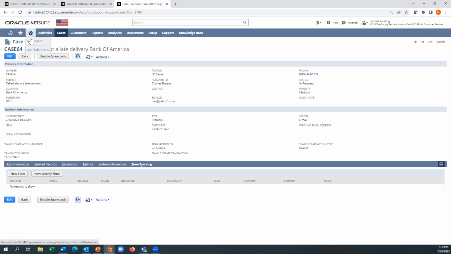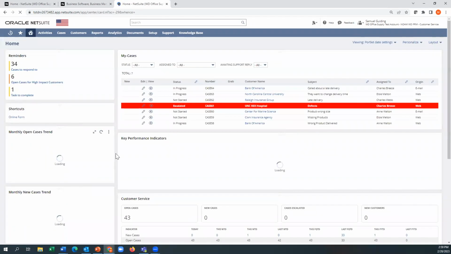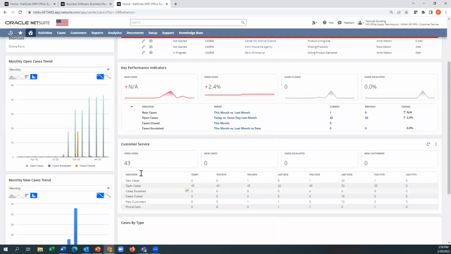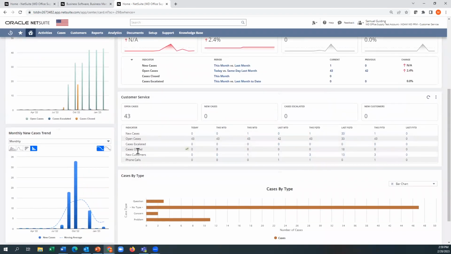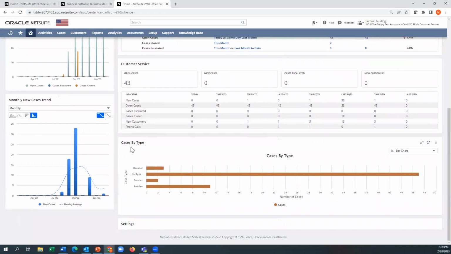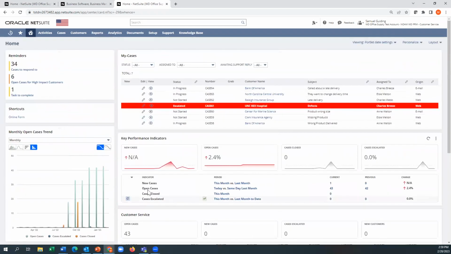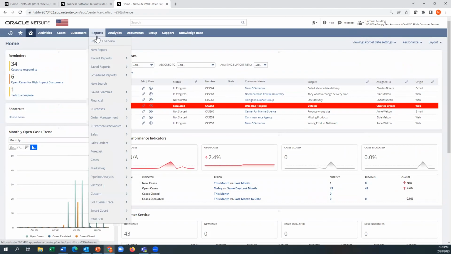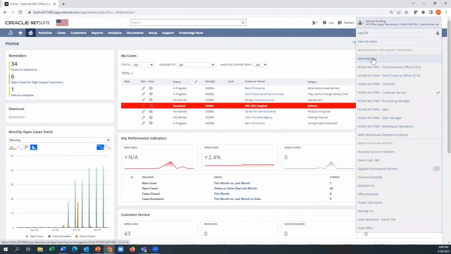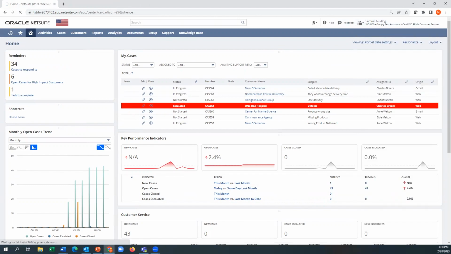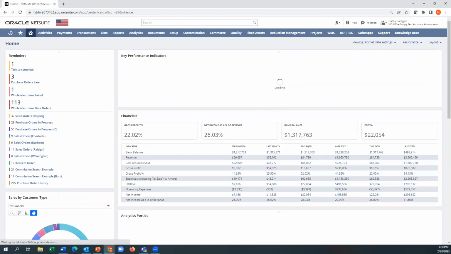And then, as before, we have key performance indicators, you know, case related. We have a scorecard, right? Open cases, cases closed. We have analytics, right? Where we're checking by reason what cases there are. All right. And then we have access to a whole bunch of reports here as well. So case management, just like sales and CRM, are built into the application. They're all part of what you would get as a suite here.